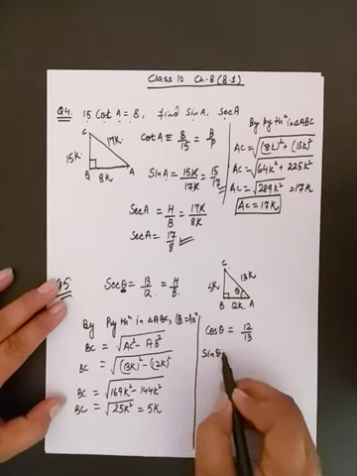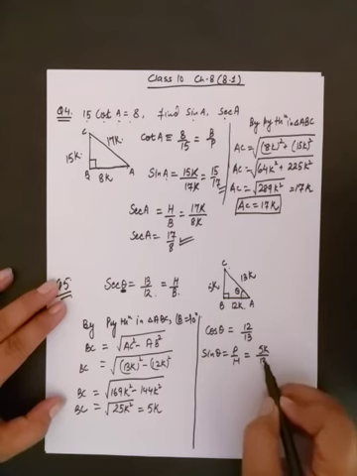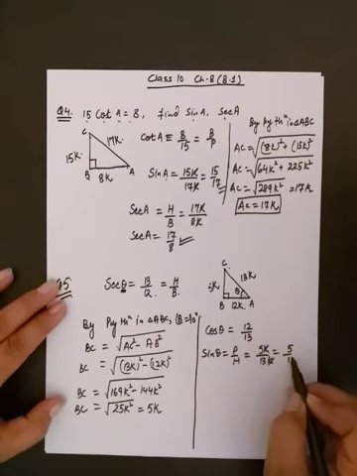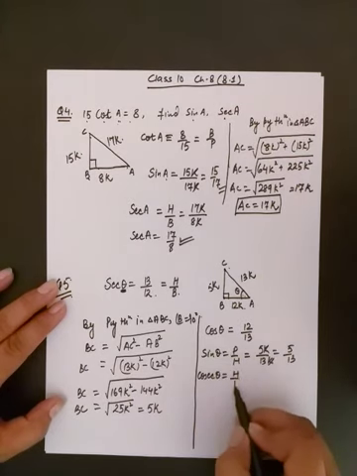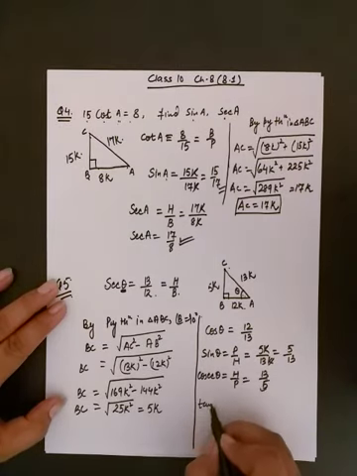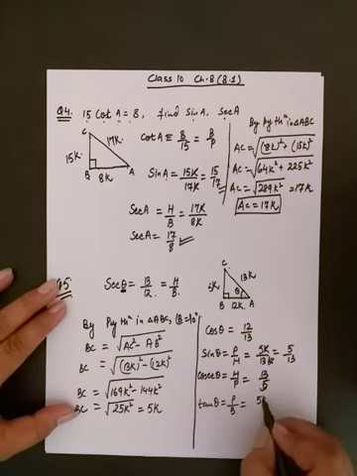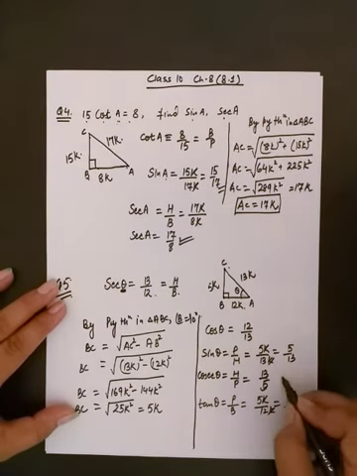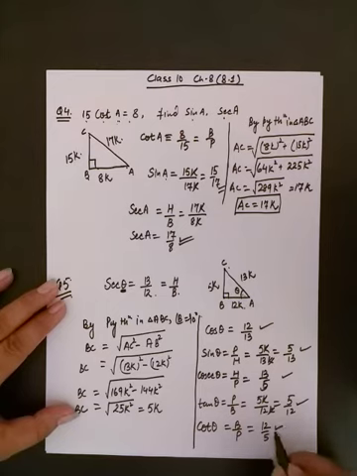Now sin theta, it will be P by H, and perpendicular is 5K, hypotenuse is 13K. So 5 by 13. Now we can find cosecant theta directly from sin theta. It will be H by P, and that will be 13 by 5. Now we are left with tangent theta. So tangent theta is perpendicular over base. That is 5K by 12K. That will be 5 by 12. And now the last ratio, that is cot theta, B by P, and it will be 12 by 5.